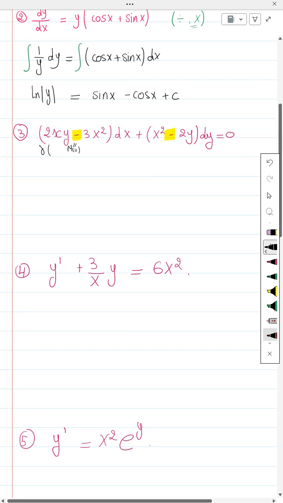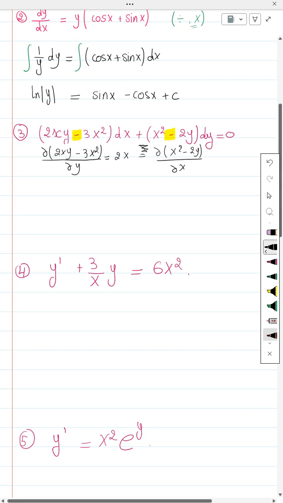I'm not going to write it over, okay, let me write it down. It's going to be the derivative of 2xy minus 3x squared over dy. It's going to be 2x, and it is going to be equal to the derivative of x squared minus 2y over dx,